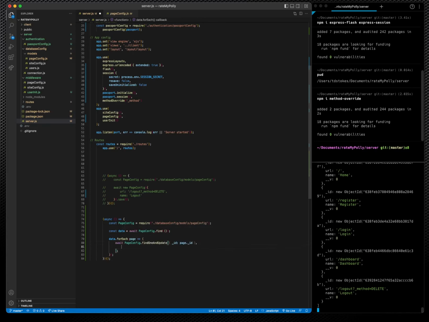Okay, so every time we find one, we want to set a new parameter, and that's where this comes in. And for now, we want to just throw something in here. So most of our pages, let's just set our auth to null for now and strict to true. Okay, so we run that,